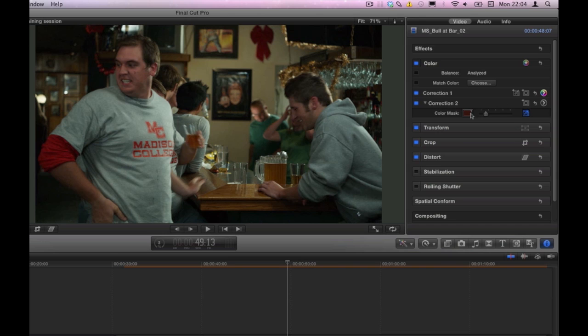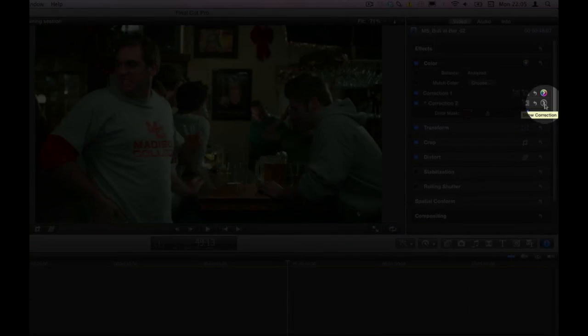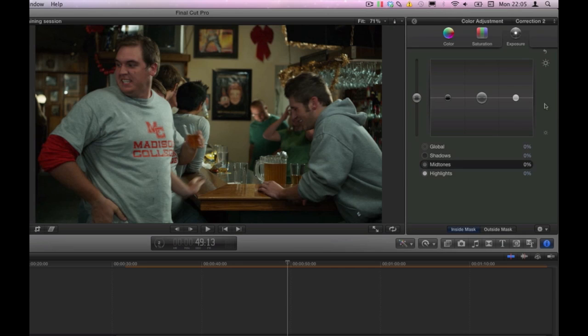So here we have color correction 2. There's my color mask. It's showing me a little bit of that particular picture there. I also have a softening element here to allow me to have more or less of that particular color. So now when I want to make an adjustment, again, just as I did with a primary color correction, I can click on the show correction button here, just on the right, and there it looks pretty much exactly the same as the primary color correction,